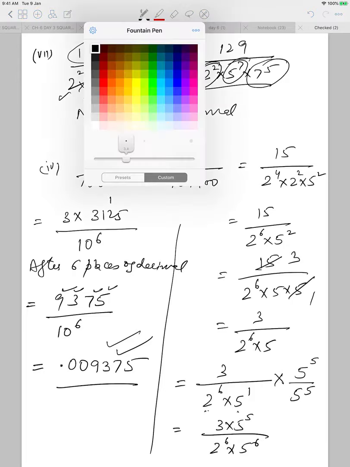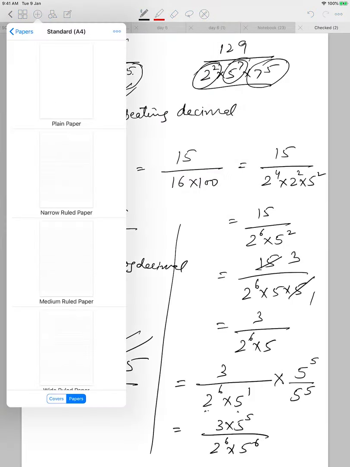If I take one more last example, and then we'll move on to the next question. Suppose I take an example, last part, say 77 upon 210. So the first thing I have to do is to write down the prime factorization of the denominator. 210 is 21 into 10. Instead of doing that long process of finding the prime factorization, you can break it up like this and you can write it.